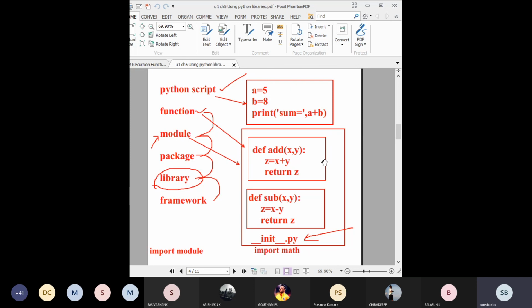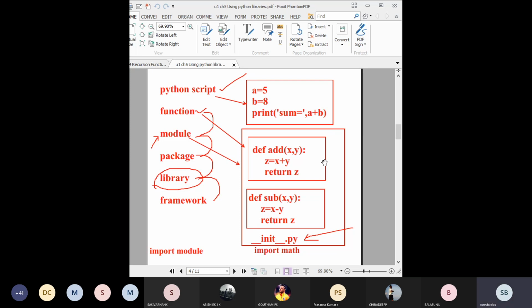Once again: factorial, Fibonacci series, sum of first n natural numbers, and x power n. These four programs using recursion. You can see the syllabus also, they have given these exactly. Those programs you should know.